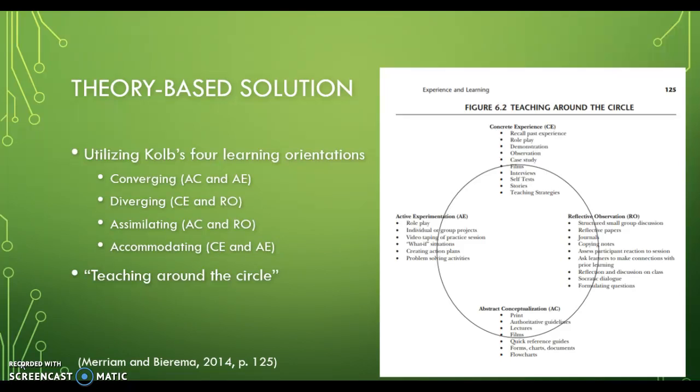A potentially effective strategy in honoring all learners' experience while attending to learners with different strengths and experience can be rooted in an exercise called teaching around the circle, which focuses on ensuring a variety of active learning strategies that relate to a range of learning styles to create more powerful, effective learning experiences for adults.